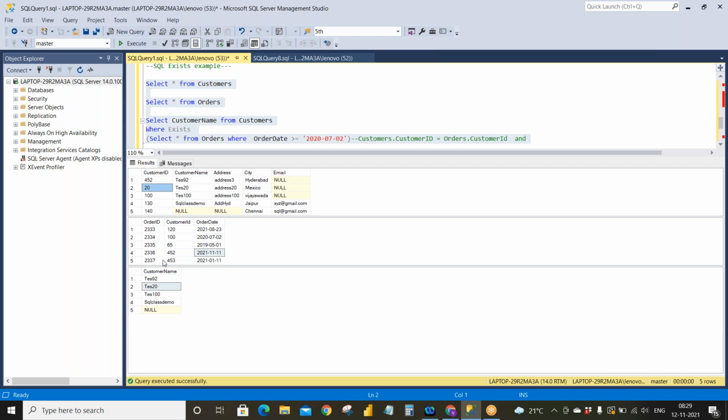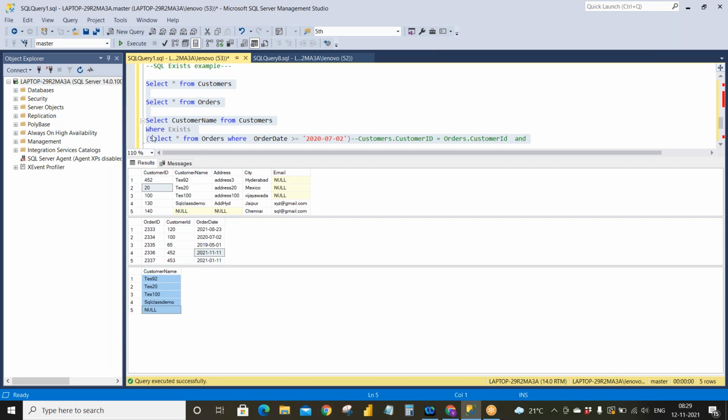No. So we are getting all the customer names from the customers table just because this particular order date condition is satisfied. But this data is wrong because these orders don't belong to those customers, and those customers don't belong to our particular order date.